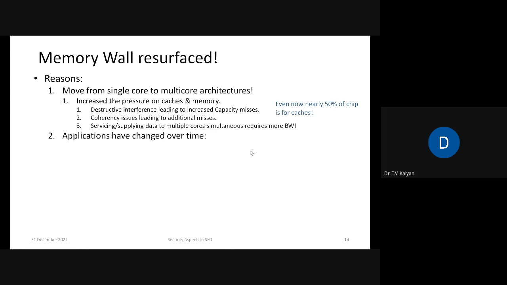So this was one side of the story where the hardware move from single core to multi-core was pushing the memory wall. On the other front, the applications that were being developed were more and more